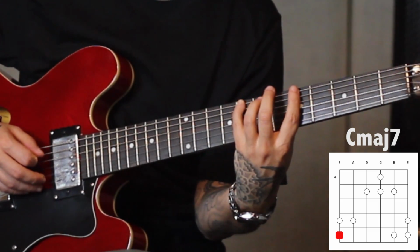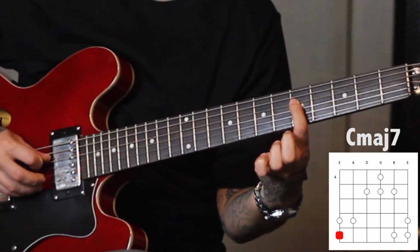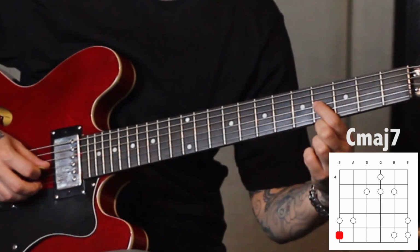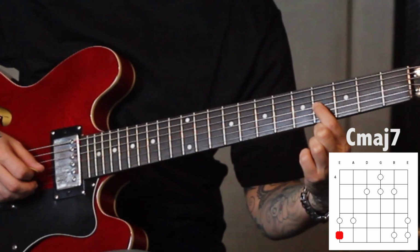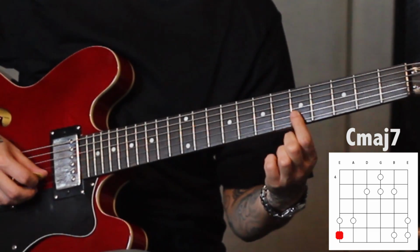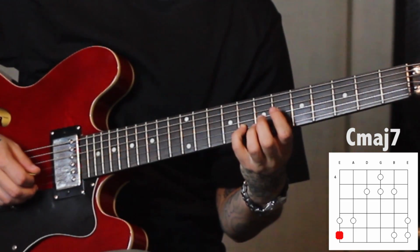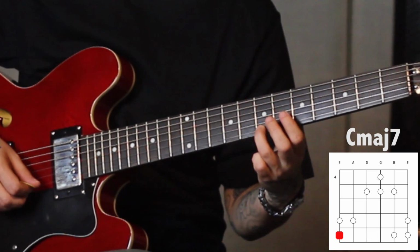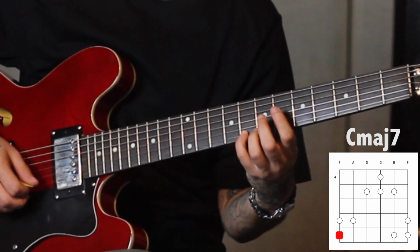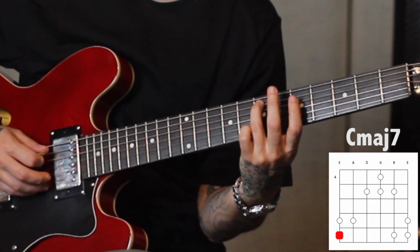And we're going to start here on the 6th string, 8th fret, to the 5th string, 7th fret, to the 4th string, 5th fret. Now take your first finger back to the 3rd string, 4th fret, slide up, 3rd string, 5th fret, 2nd string, 5th fret, 2nd string, 8th fret, 1st string, 7th fret, 1st string, 8th fret. Let's talk about the notes. C, E, G,